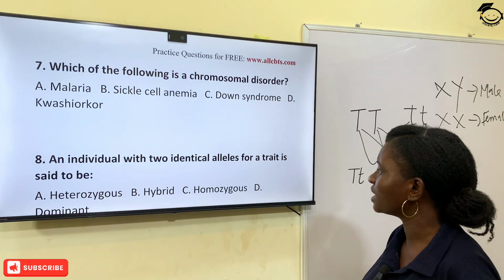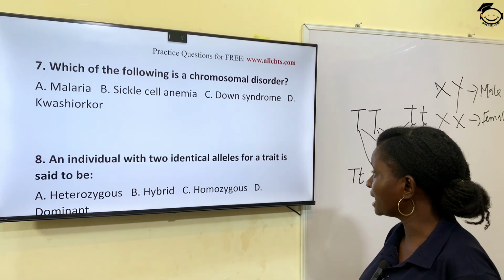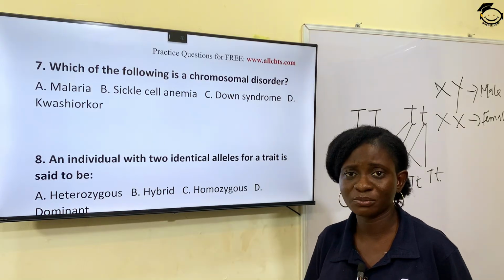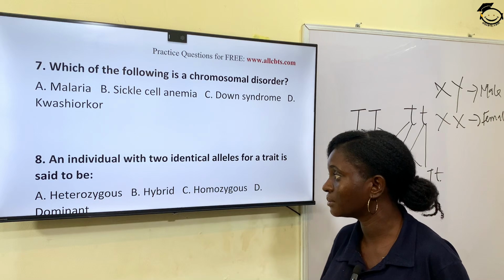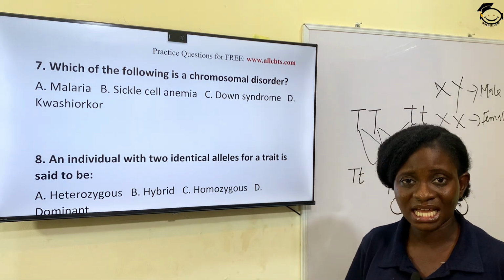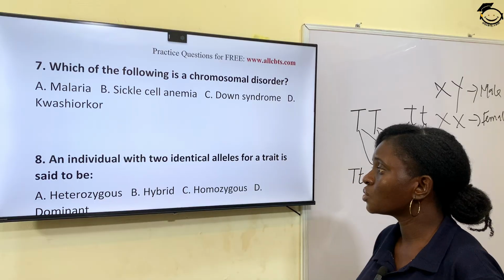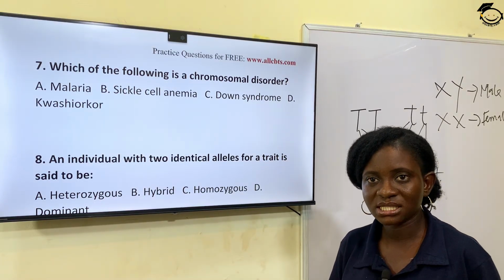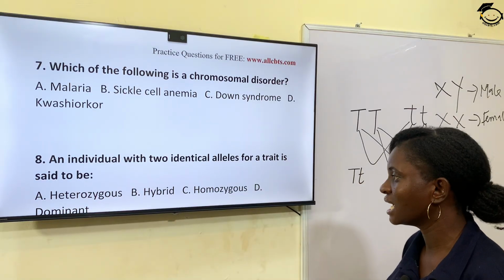An individual with two identical alleles for a trait is said to be. So look at the keywords very well. An individual, what is an allele? An allele is a variant of a gene. So an individual with two identical, we are talking about the same alleles for a trait, is said to be